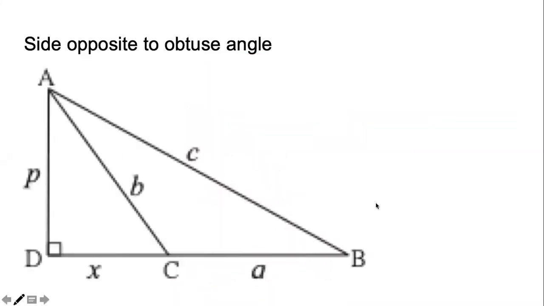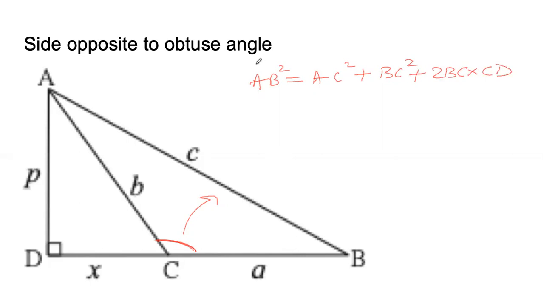Similarly, if we have a triangle with an obtuse angle, so definitely this is going to be an obtuse angle triangle. This is the angle here. Now, the side opposite to this angle is AB. To apply Pythagoras theorem, we need an altitude. So we drew AD perpendicular to BC when BC is extended to D. Here we figured out that AB square is equal to AC square plus BC square plus 2 into BC into CD.